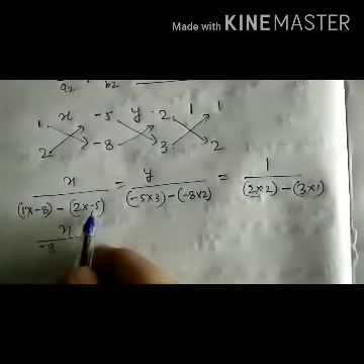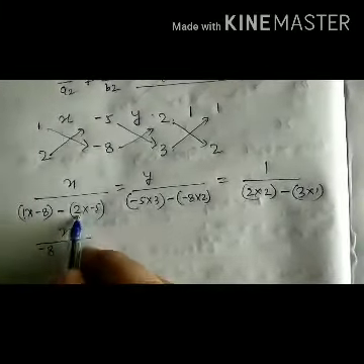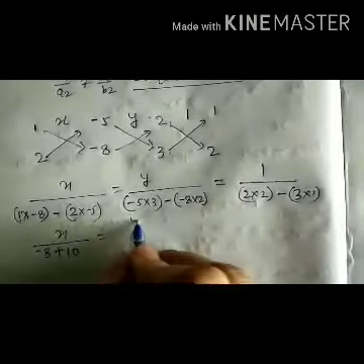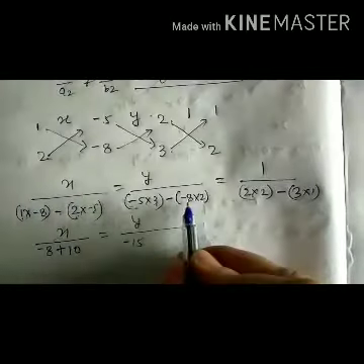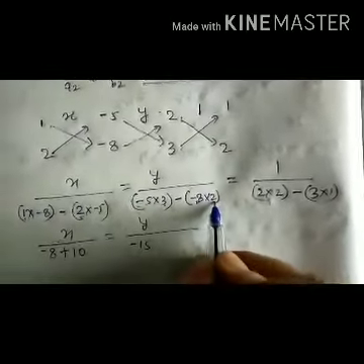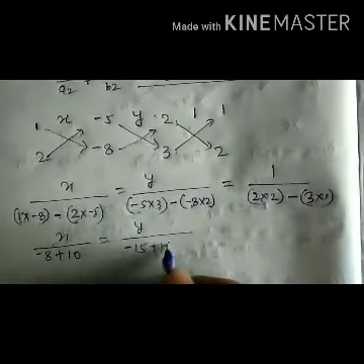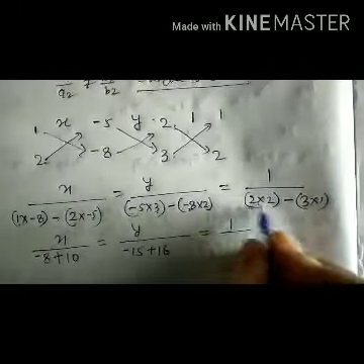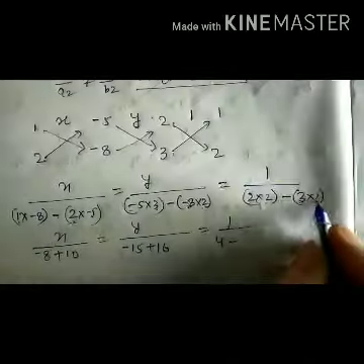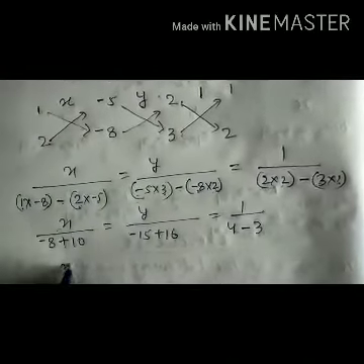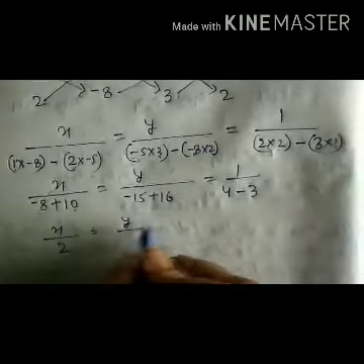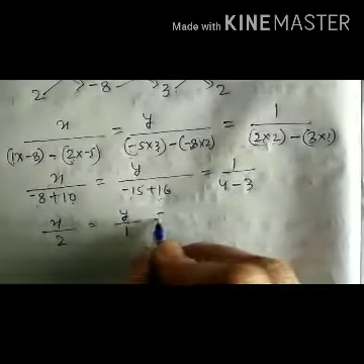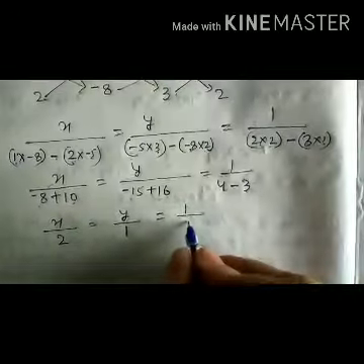Minus 8 minus 5 multiplied by 2, minus 10 and minus plus 10 is equal to y upon 5 3 is 15 minus 15, minus 8 2 is 16 minus 16 and minus plus 16 is equal to 1 upon 2 2 is 4 minus 3 1 is 3. X is equal to 10 minus 8, 2. Y, 16 minus 15, 1 is equal to 4 minus 3, 1.